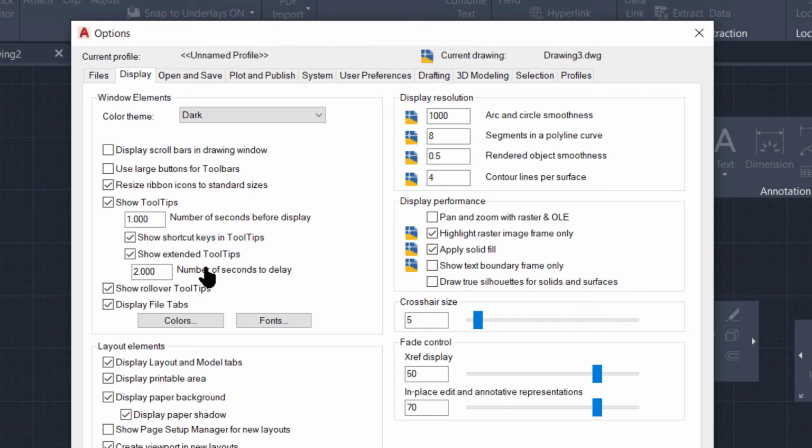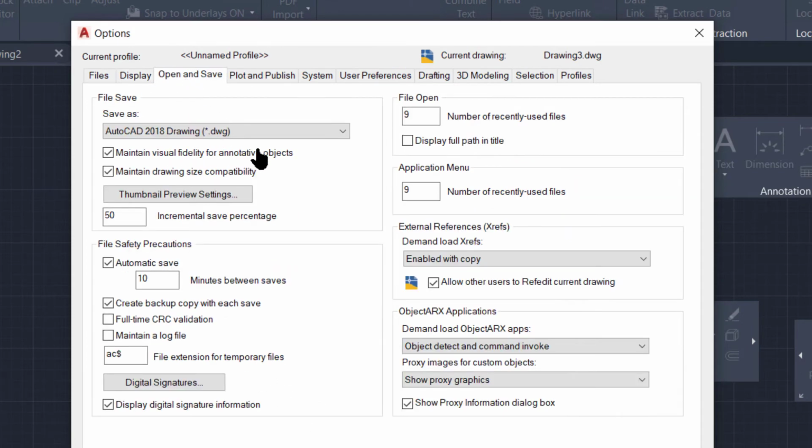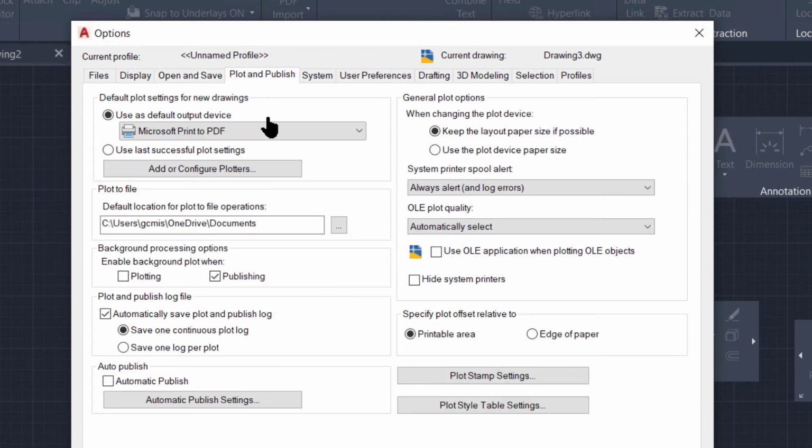In Files you can save, in Display you can change several things, in Open and Save you can control properties, and Plot and Publish settings you can control. There are different types of settings. We will be discussing them as we need. So all the things present here we will not discuss now. We are going to discuss only resetting.